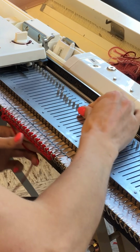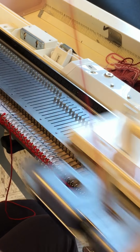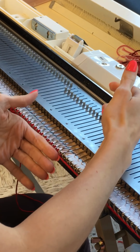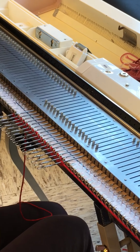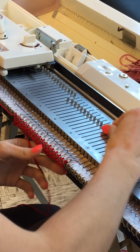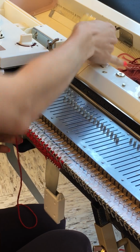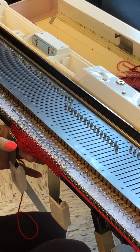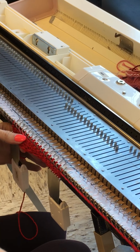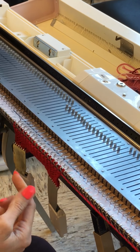So I'm going to go ahead and do my 8 rows, and then I'm going to work backwards ribbing it. And this is the time to use your row counter. Okay, so now I'm at 8 rows, and now I want to decide what is my pattern that I'm going